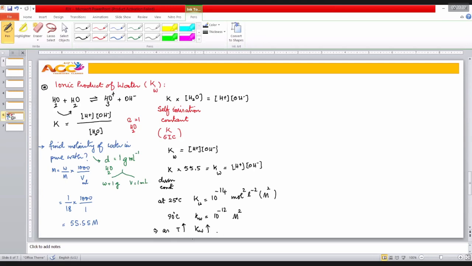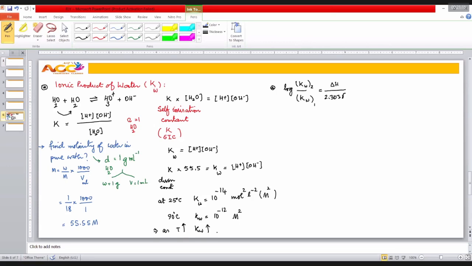If I say so, you can say, okay sir, fine, I'll accept, but is there any reason? Is there any scientific approach to say that if you increase temperature, Kw increases? Yes, it is there, and you have done it in the previous classes in chemical equilibrium: log K2 by K1, the effect of temperature on equilibrium constant. Now I should not say K, I should say log Kw2 by Kw1, the ionic product of water at high temperature over that at low temperature. Recall your notes, log K2 by K1 is equal to something. What is that? Delta H by